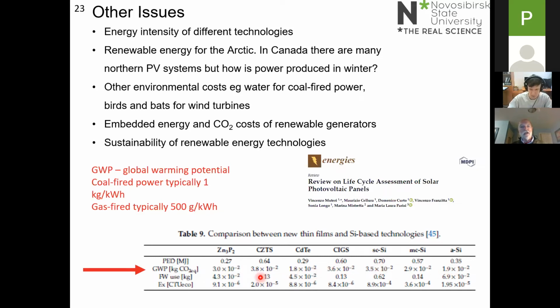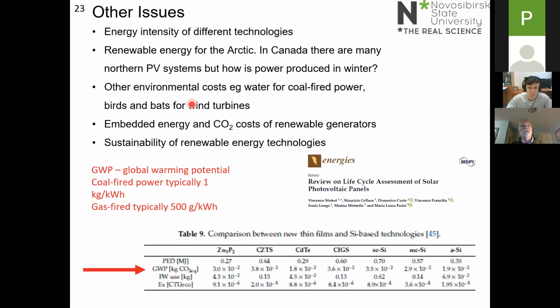The numbers don't change drastically from technology to technology, but you can see that we're looking at around about 3 grams per kilowatt hour. So substantially less than the gas-fired global warming potential, and even much smaller than the coal-fired potential. I'll give you some data on wind power in just a moment after I finish the rest of the